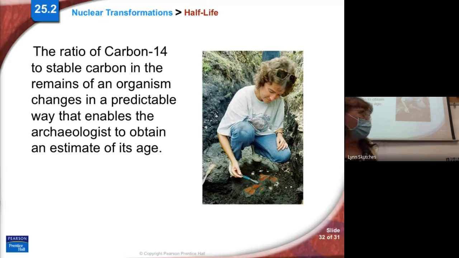For living things, I should say, carbon-14 is a very useful isotope to use. Remember, carbon